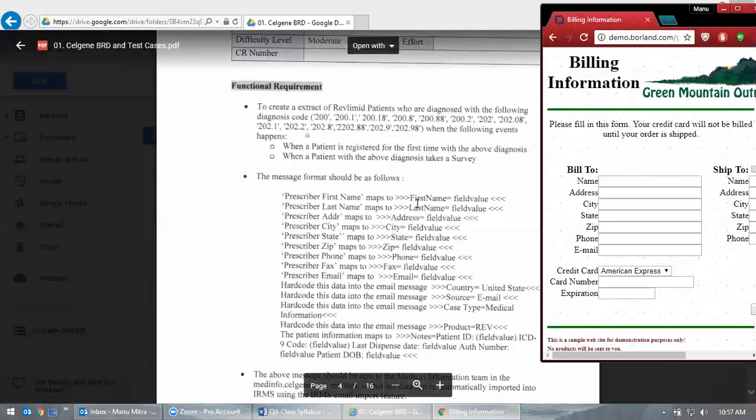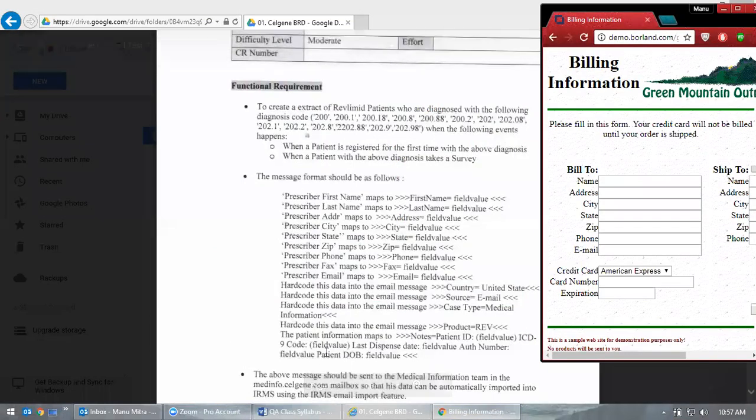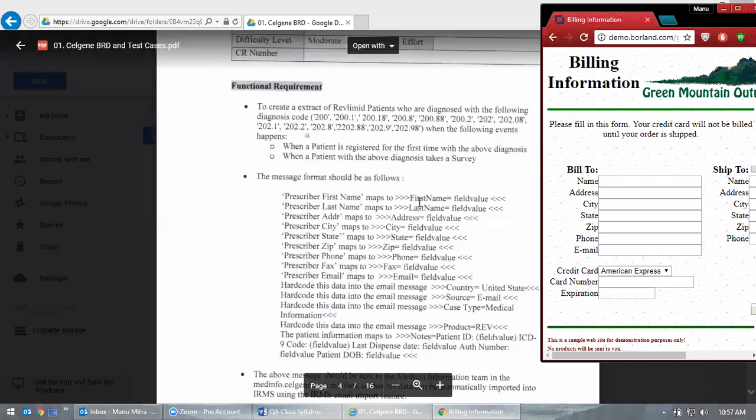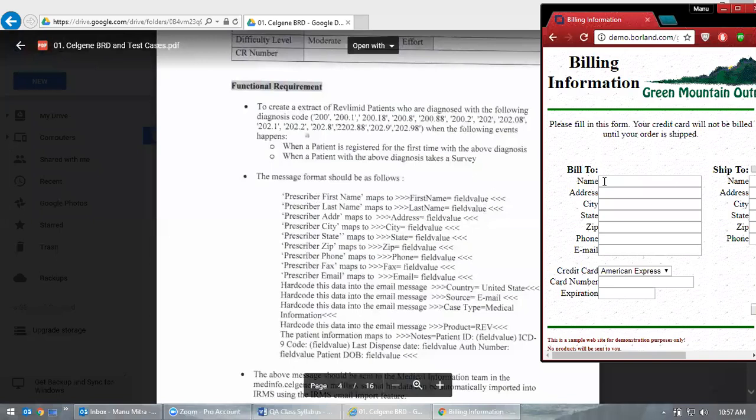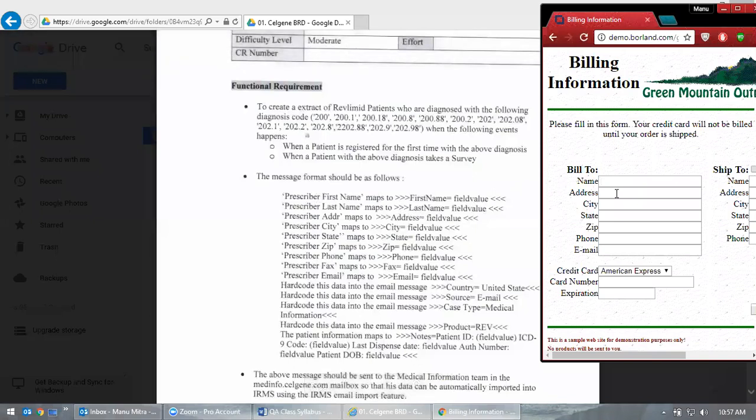What I'm trying to say is, you have all the information here. See this information, just like first name, you have this field value. We have name here. This is last name. It's two names. Address. You also have this address. So what they're trying to say in the document is there is a static value called address, and there's a